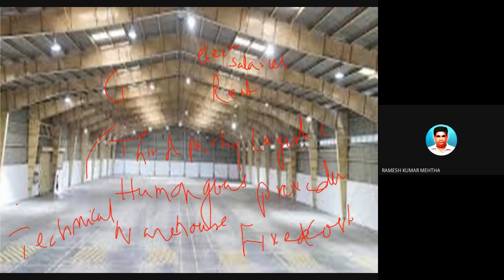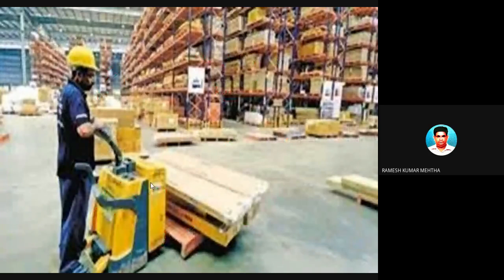And technically, for example, if goods which are agricultural in nature, agricultural products, are stored, then the warehouse should have an adequate temperature to accommodate these agricultural products, which can then sustain for a good amount of time. So this is another warehouse. Now this is a big warehouse.